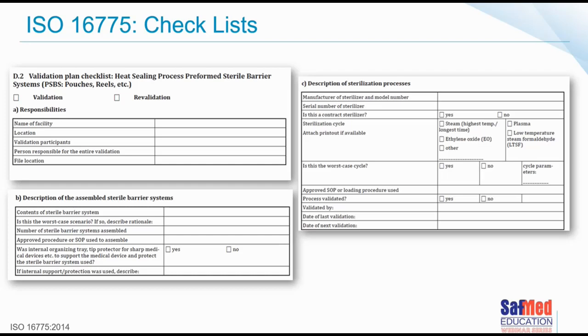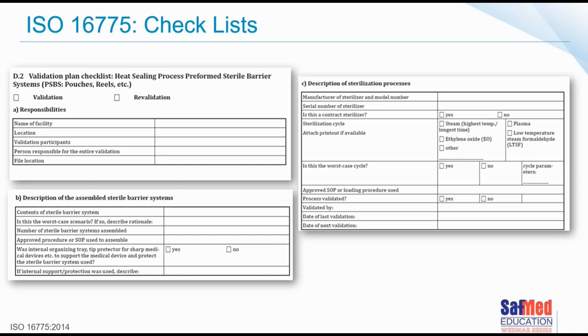You can see it starts with the name of the facility. That falls under the section of responsibilities I spoke about. Is this the first time you're doing it? Is this revalidation? Then a description of the assembled sterile barrier system, what's in the contents, have you looked at worst case scenario, what is the worst case scenario, how many things did you actually assemble, have you got SOPs, then